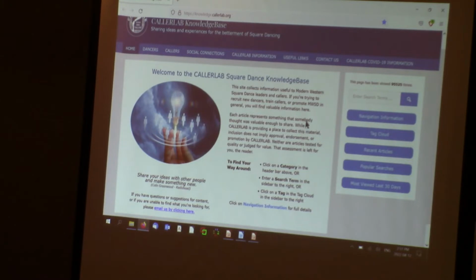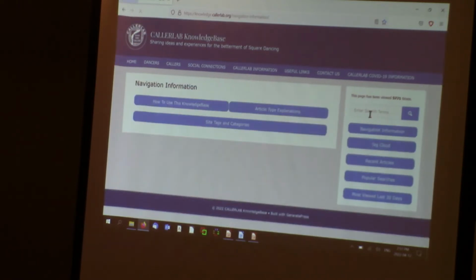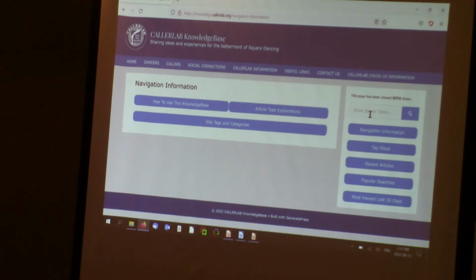The first thing to be aware of is that there's this section here on the sidebar called Navigation Information. And it explains in gory, excruciating detail how to go about finding things on the knowledge base. So the gory, excruciating detail is under all these buttons.